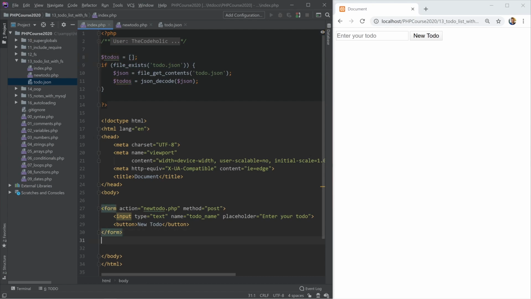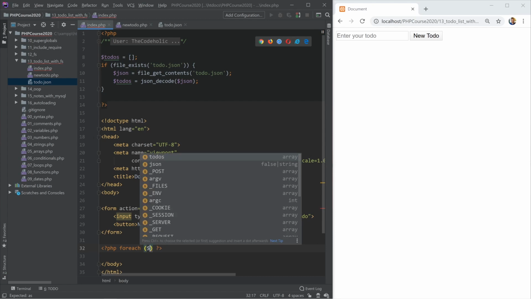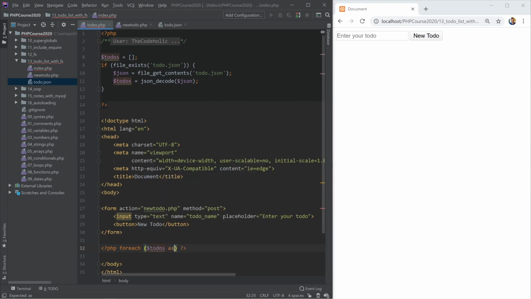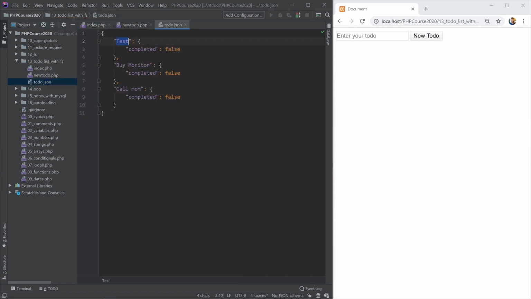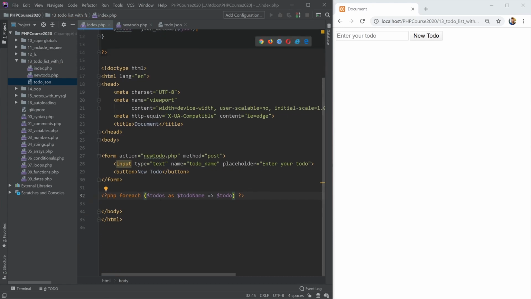Down below we need to iterate over those to-dos, and let's use the foreach function for this. Foreach to-dos as, and here the to-do name is the key. To-dos is basically an associative array where the key is the to-do name and the value is an object or associative array which has completed. To-do name corresponds to to-do. And when we want to write that foreach loop in the HTML,